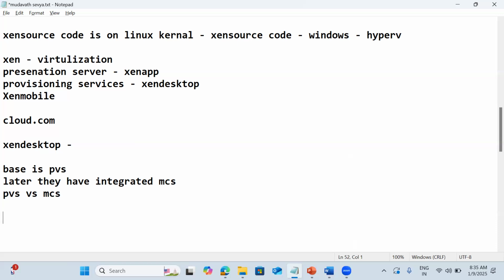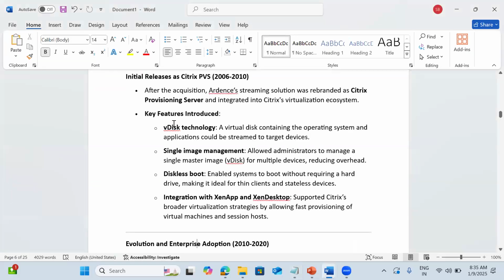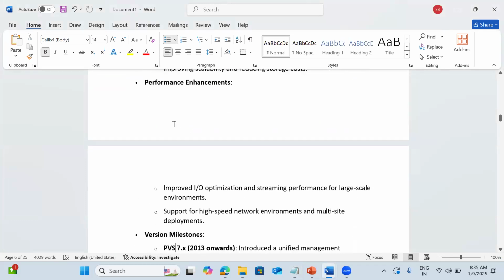MCS is getting more popular, but definitely a Citrix engineer requires knowledge of PVS also. So we'll discuss more on Citrix PVS going forward.